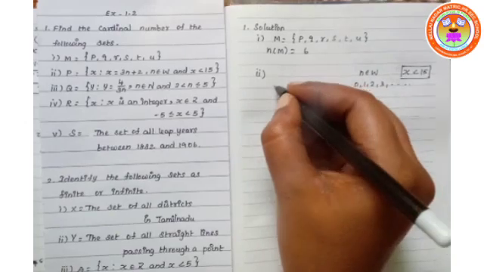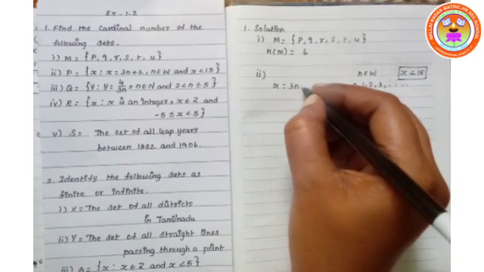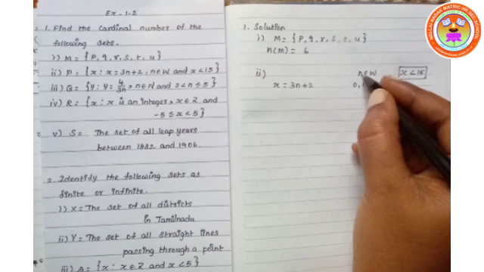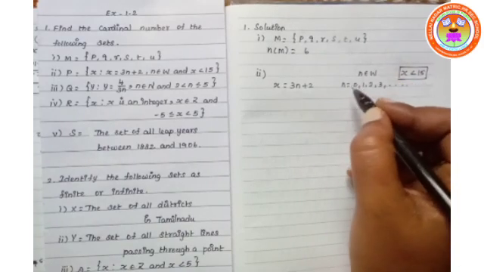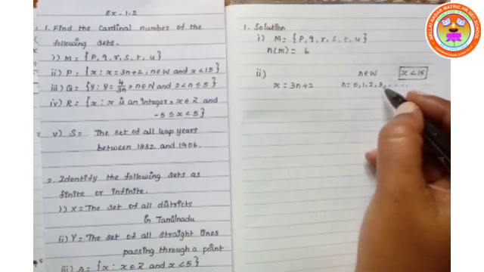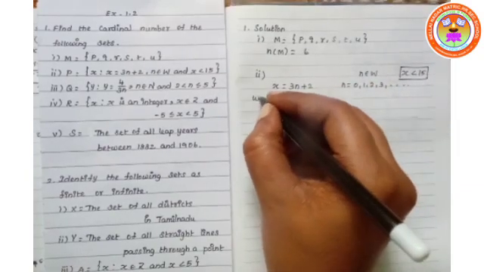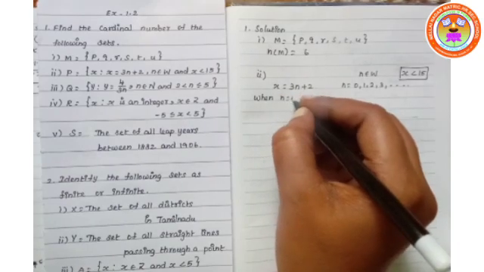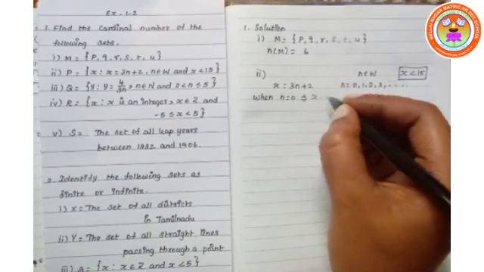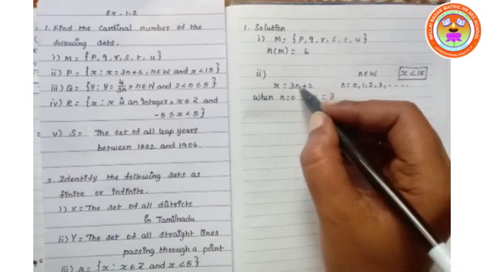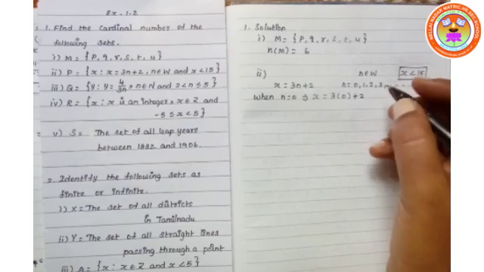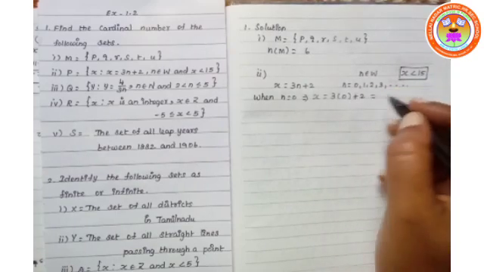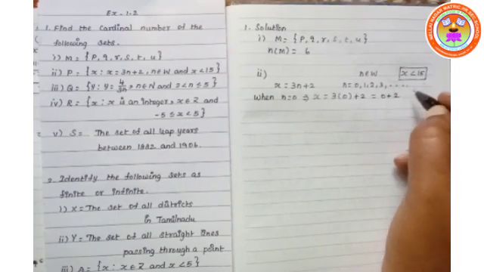Now given x equal to 3n plus 2, you have to take the value of n as 0, 1, 2, 3 and so on. If you put n is equal to 0, so x becomes 3 into, in the place of n you substitute 0. So 3 into 0 plus 2, that is equal to 3 into 0, 0. 0 plus 2, which is equal to 2. 2 is less than 15.